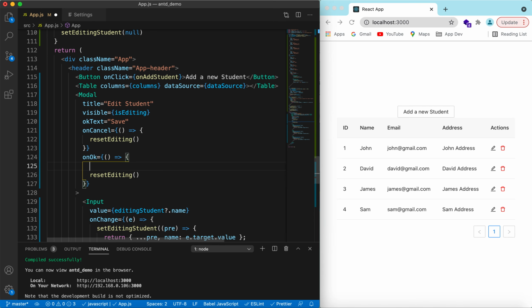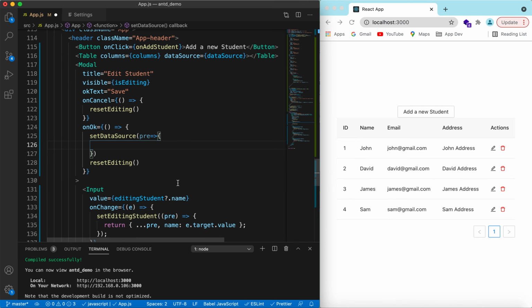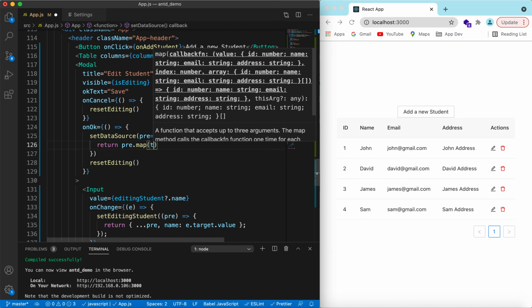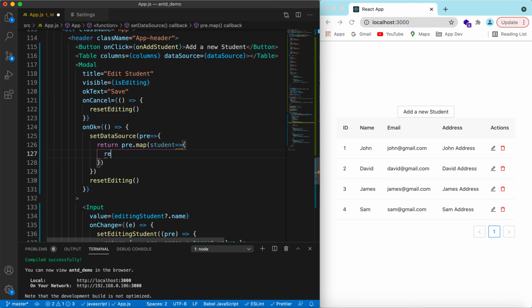But on OK we need to update that record as well. So here we will be doing set data source to, so here what we'll be doing is mapping over all of the records, and whichever record this one is, we will update that record. So we will be doing return pre dot map, it will be giving us the student, and in that what we will be doing is